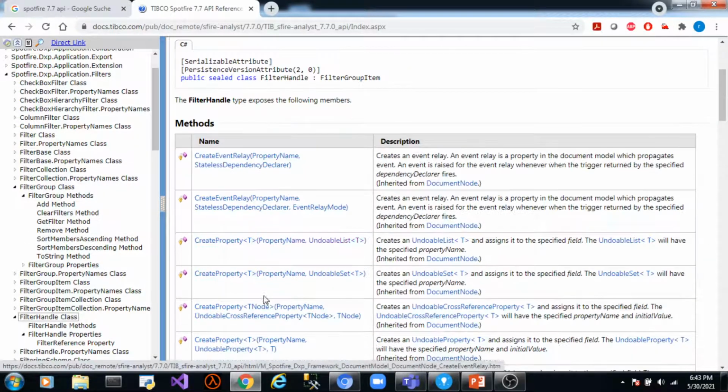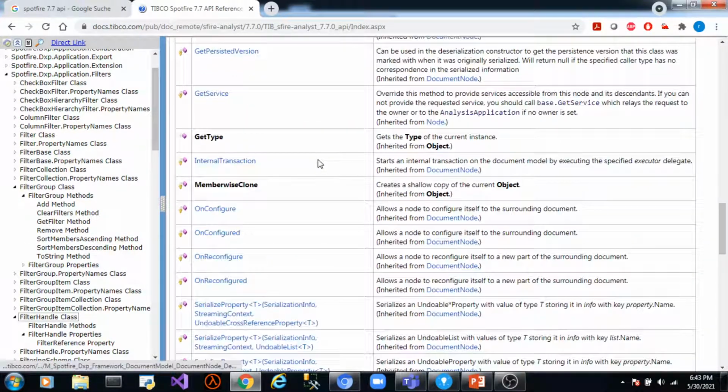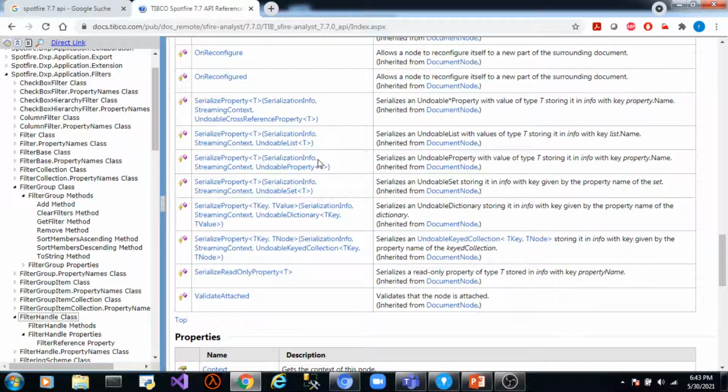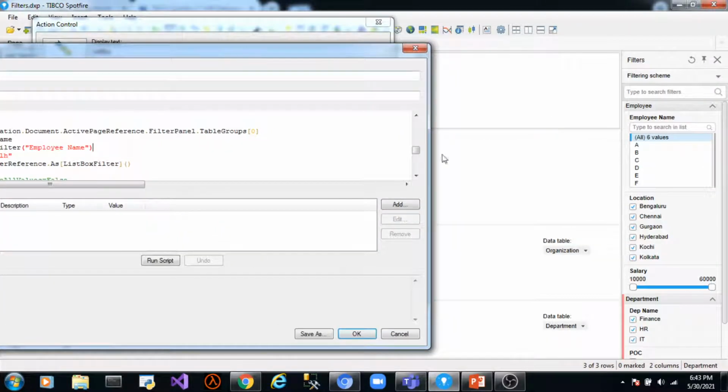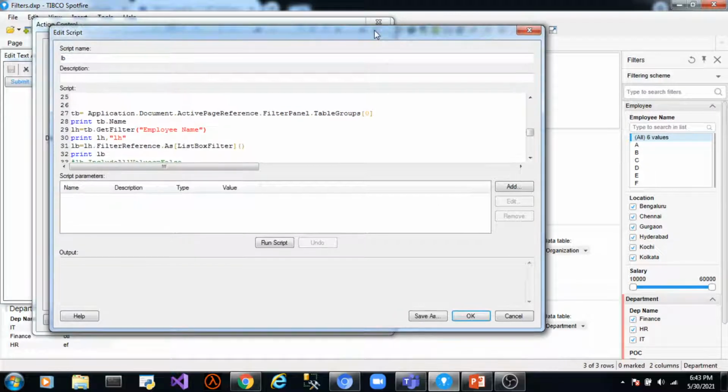This is the FilterHandle class. We can use all these methods and properties with the value that is returned by the getFilter method of the TableGroup class. Okay, so suppose we wish to access this particular filter, employee name. First step is to grab an instance of this table group, employee, because the filter that we're trying to access is a part of this employee table group.